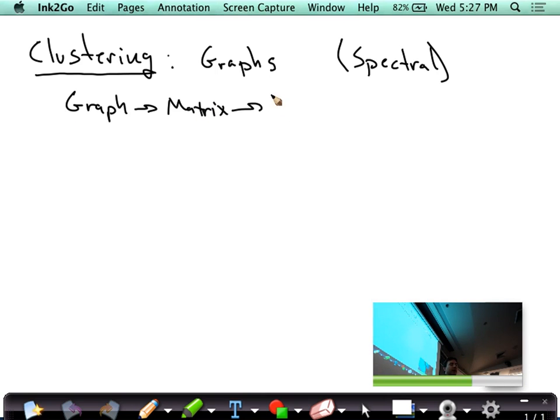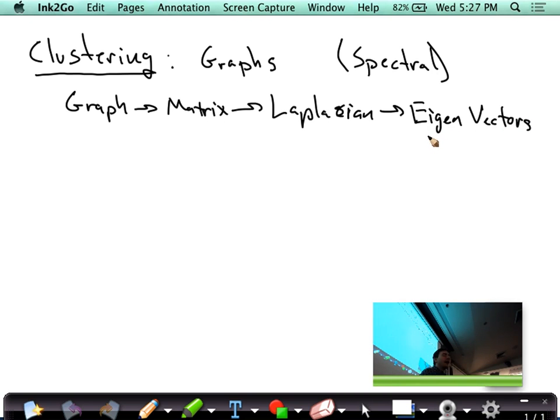From the matrix, we will look at the Laplacian of the matrix, which I'll explain what this means, and then we'll get the eigenvectors of this Laplacian, and basically the eigenvectors will tell us how to do this clustering. Okay, and so there's going to be kind of this process. Some steps will be kind of mysterious, so I'll try and explain why they're working, and